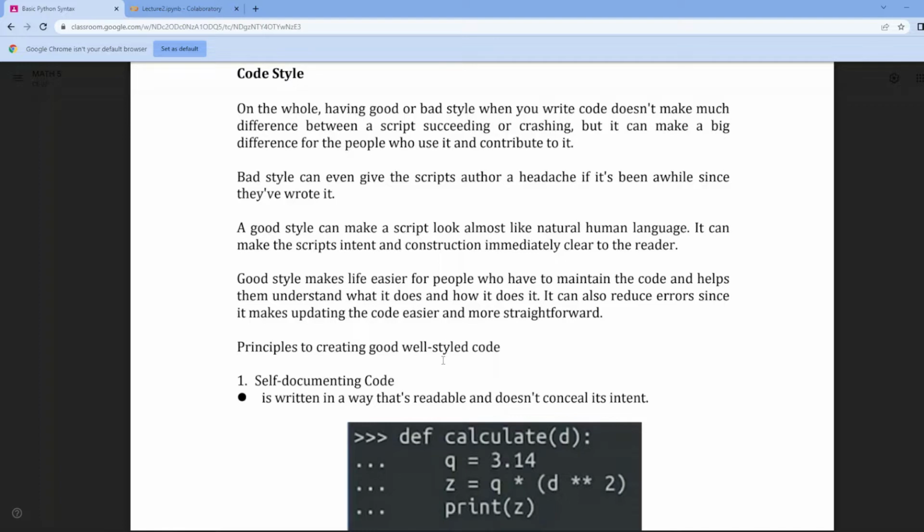So, ibig sabihin, pagkakita pa lang, alam na, gets na kung ano yung purpose, kung ano yung gagawin ng code na yan. Okay. Good code style makes life easier for people who have to maintain the code and helps them understand what it does and how it does it. It can also reduce errors since it makes updating the code easier and more straightforward. Kasi,